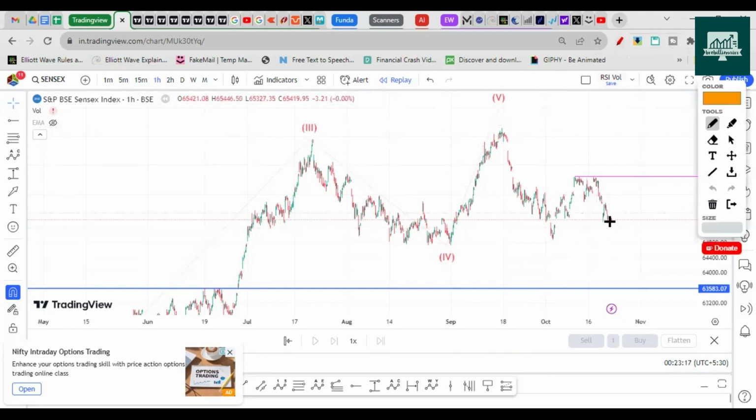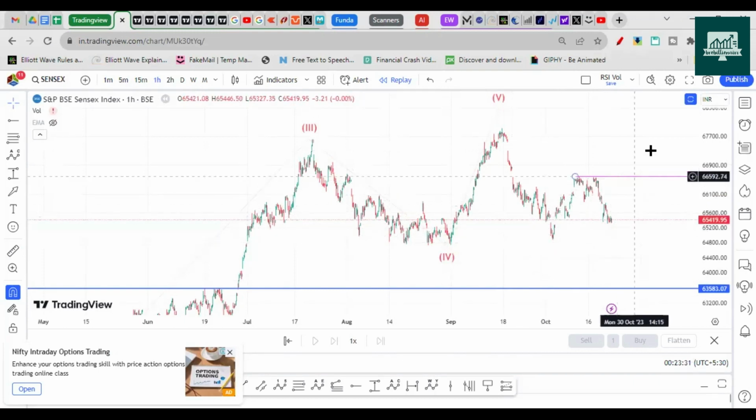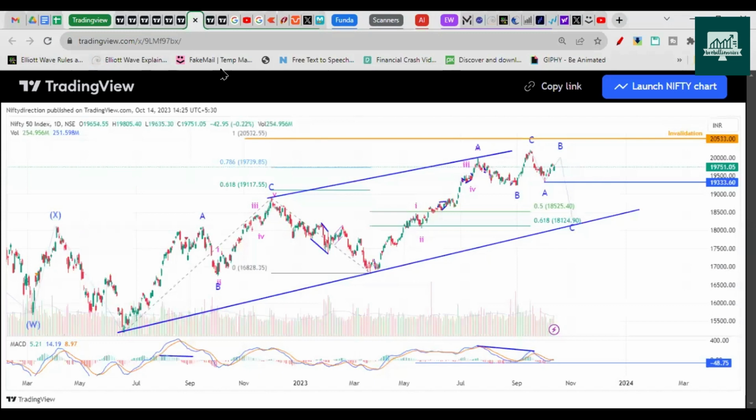So if it has to go up, let it go up like this, and then we'll get an opportunity here on the pullback, right? Or on the break of this as well, right? So on the break of this, we will have a sharper move on the upside. So I want to wait for that, but most likely it's going to dip on the downside as per this chart, right?